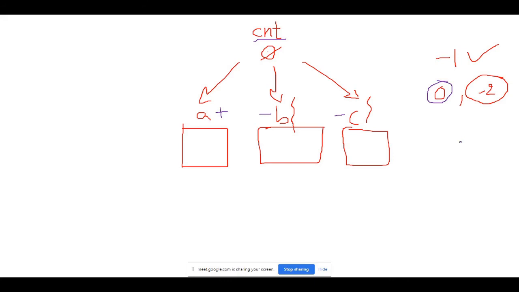Ma'am, when the program is executing in C, B, A sequence, the count value will be 0. Then C fetches that 0, but meanwhile B also fetches the same value as 0. B will fetch 0 and it is operating upon that. It changes, but it is not yet reflected. C also fetches 0.